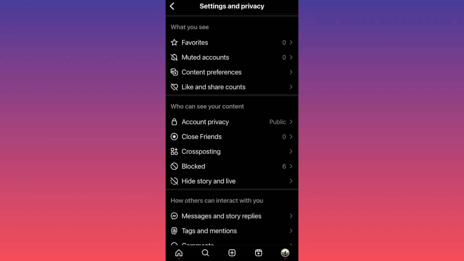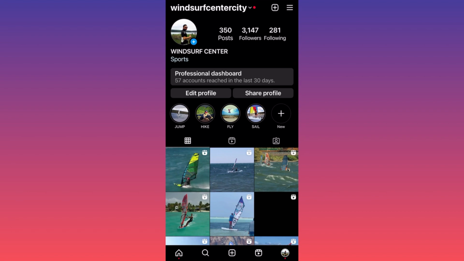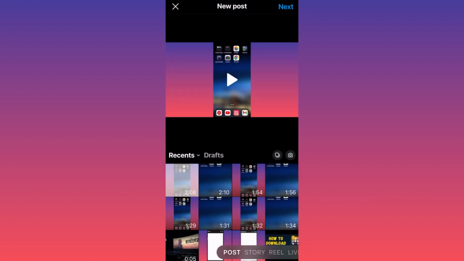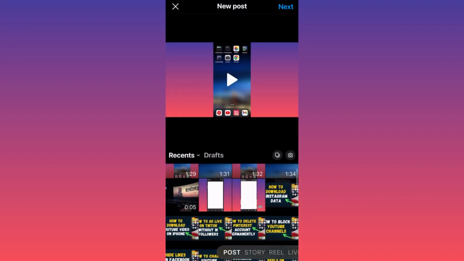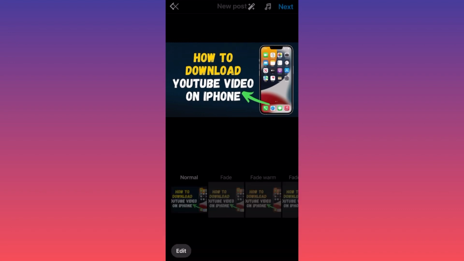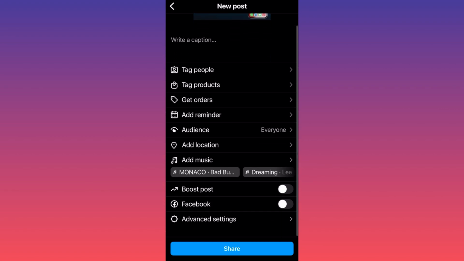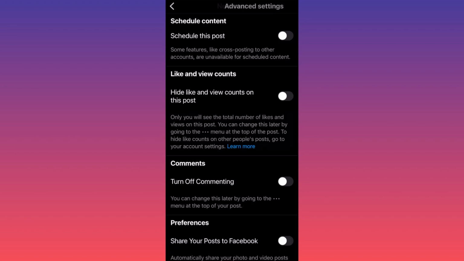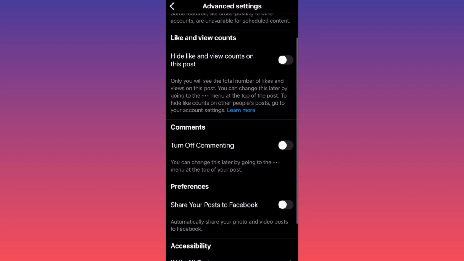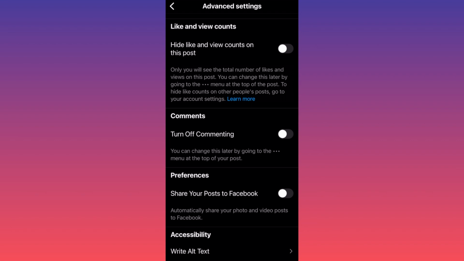Let me show you. So if we go back, right, and click plus to create a new post. Let's say we want to publish this image. Let's click next. Right before posting, we want to scroll down and you want to click on the last option in the menu, advanced settings. Over here, you will have the option to hide, as you can see, like and view count